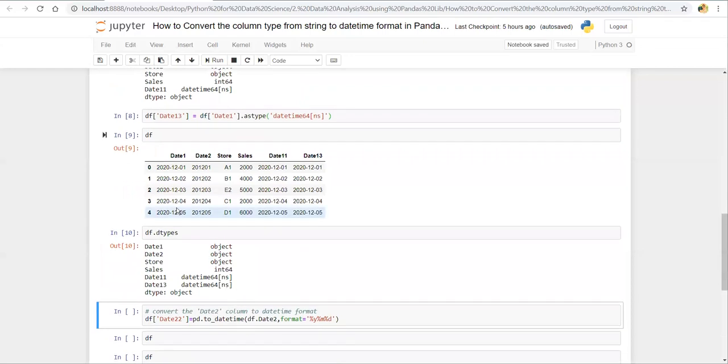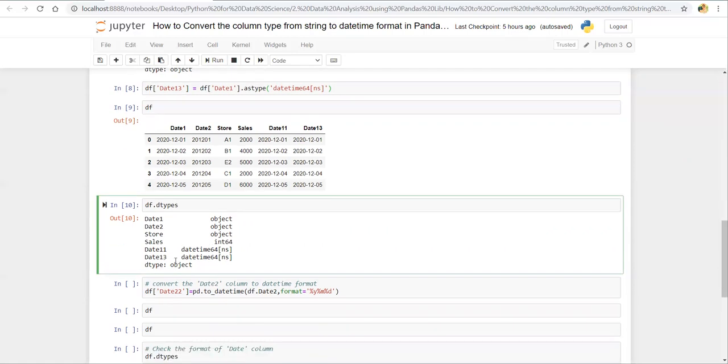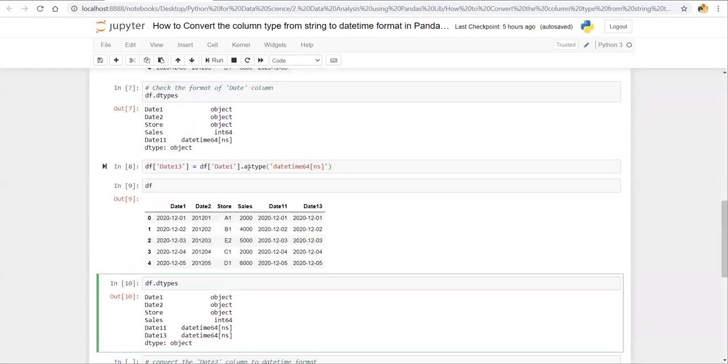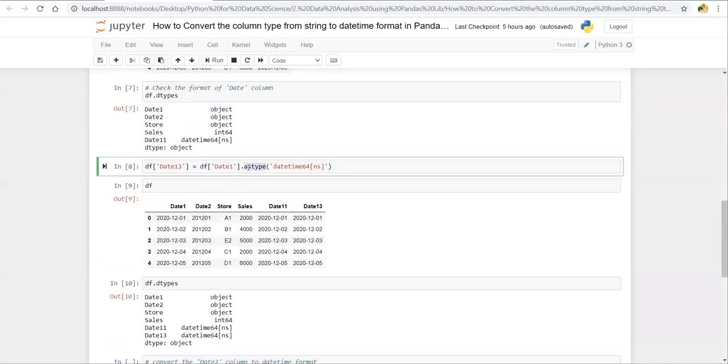If you don't know about the dtypes function, you can see my first video on the pandas library. Now you can see datetime64. Here the astype function is used to change the data type. Suppose we want to change it into string format, we simply pass str so that we can change the data type.